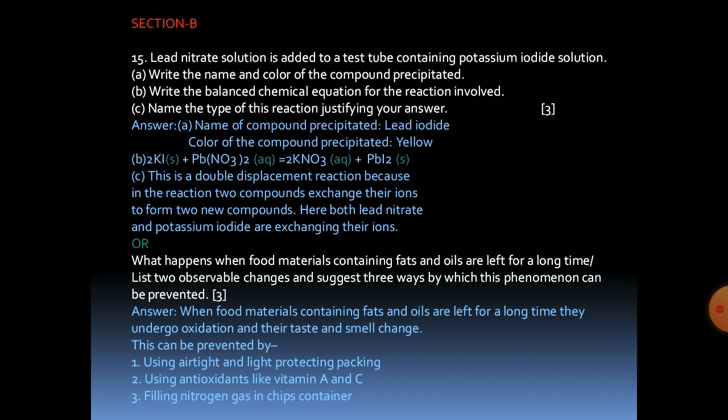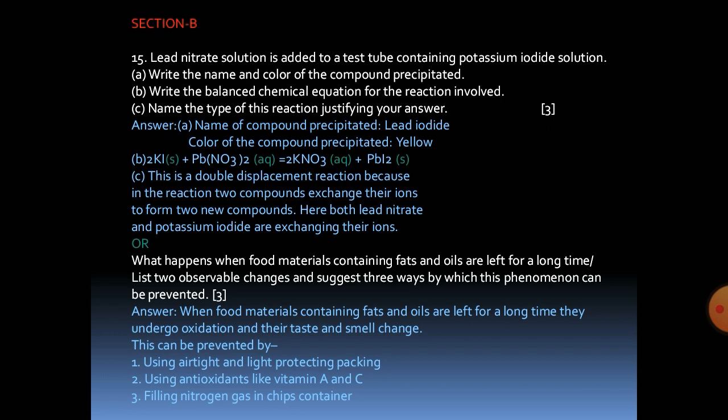You can go for a choice question as well, which is, what happens when food materials containing fats and oils are left for a long time? List 2 observable changes and suggest 3 ways by which this phenomenon can be prevented. So the question is dealing with oxidation reaction. So when food materials containing fats and oils are kept for a long time, they undergo oxidation and their taste